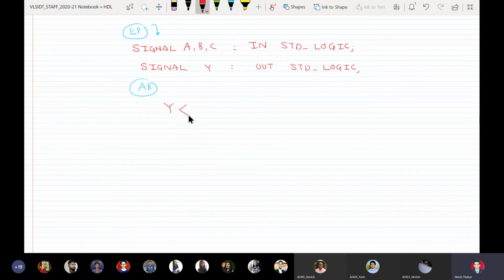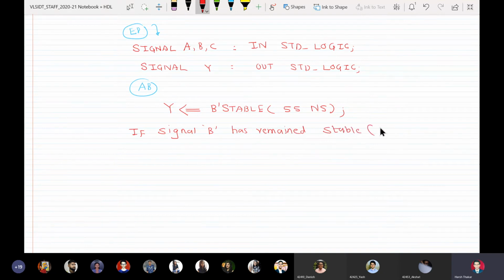So I will say y is assigned B'stable 55 nanoseconds semicolon. Okay. So if signal B has remained stable, stable means no change for the last 55 nanoseconds,